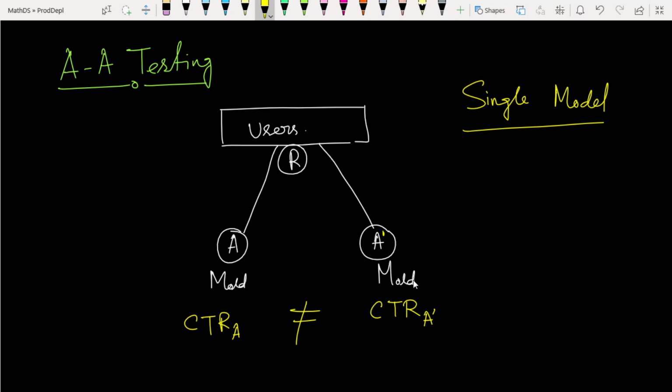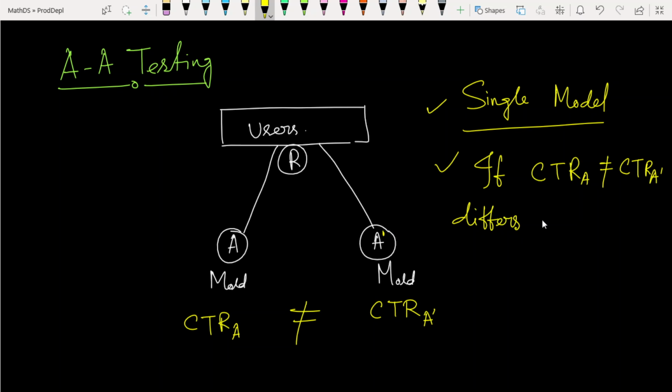If these things differ so much, if the CTR differs so much, then we can conclude that our model